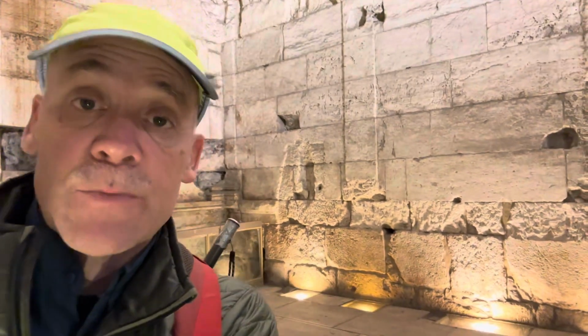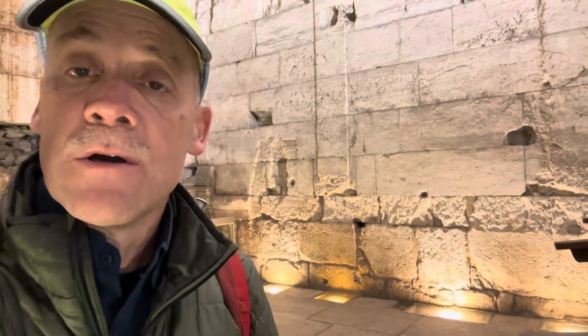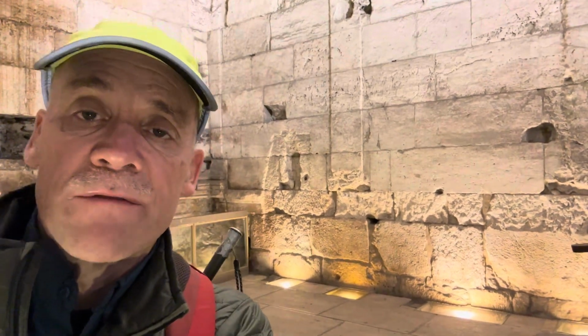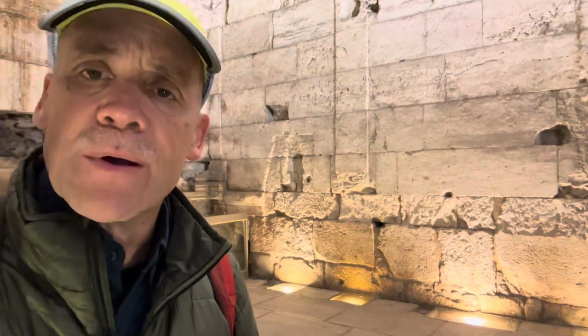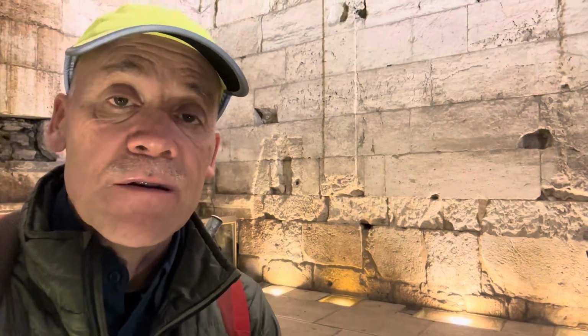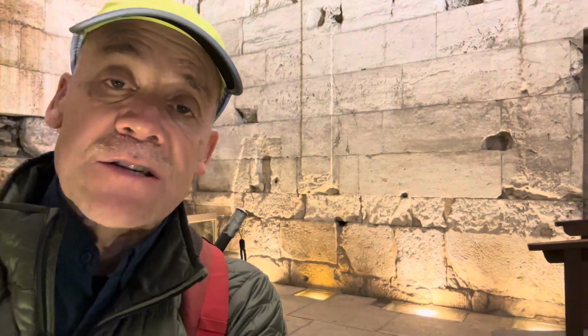And that's certainly the truth because there's a big question, will a third temple be built? Of course, this was the second temple, although technically it was the expansion of Zerubbabel's temple back in about 520 to 516 BC. But Herod did a massive building project here. It took him decades. In fact, well after his death in 4 BC, the temple continued. It included the royal stoa, Solomon's porch mentioned in John 10 and Acts 3 and Acts 5,